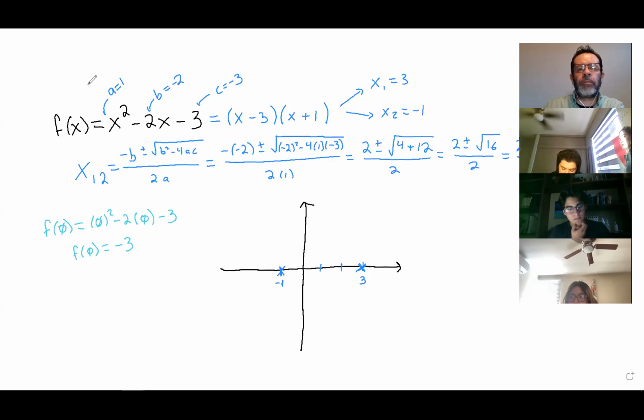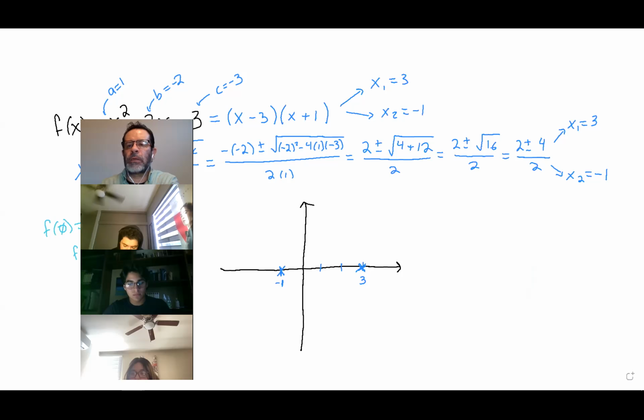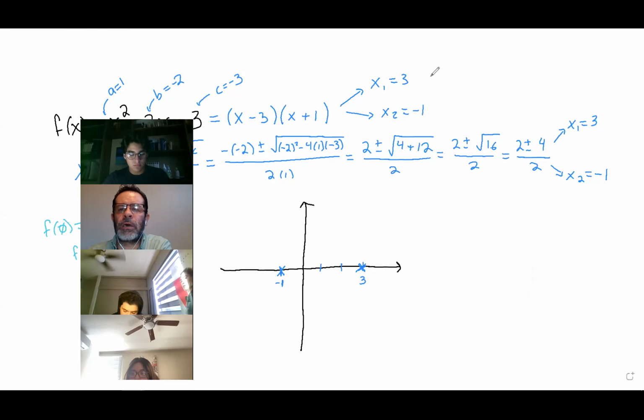Now, remember, these values that we found over here, these are